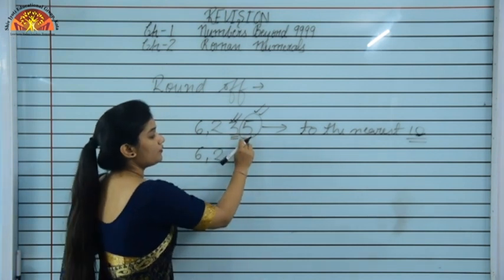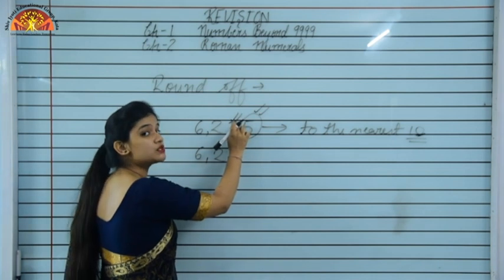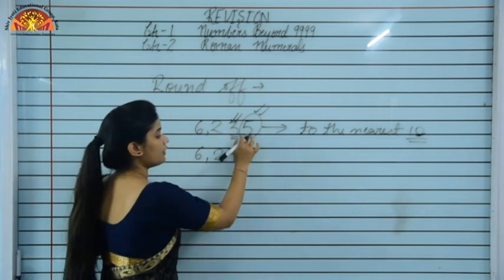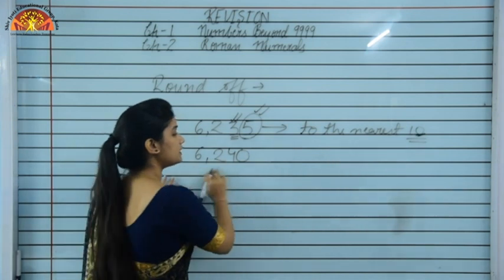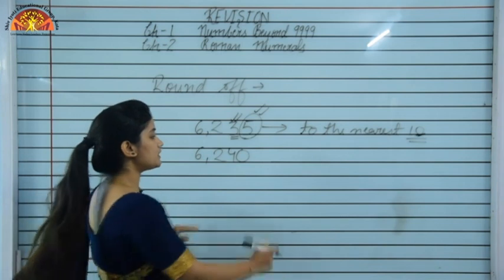So we can see the digit is 5, it means we have to increase this number, we have to do this number plus 1. So 3 will be 4 and 5 will be 0. So in this way you can round it off to the nearest 10. Suppose now we are doing